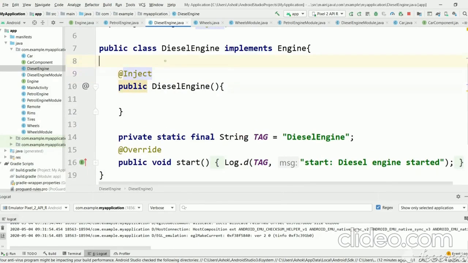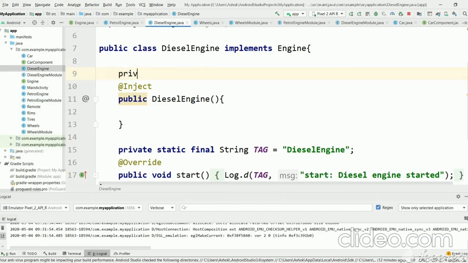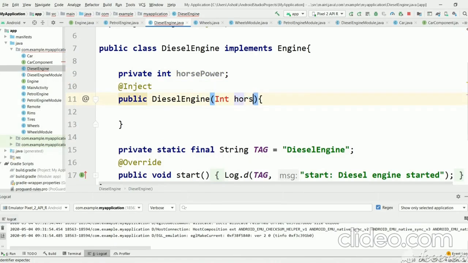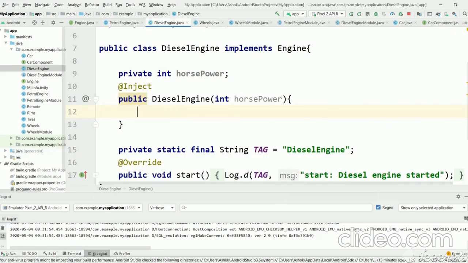Let's say we have a variable, private int horsepower. Now we are taking horsepower as an argument, and we are assigning that to the private variable.